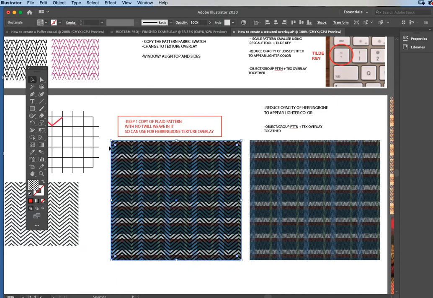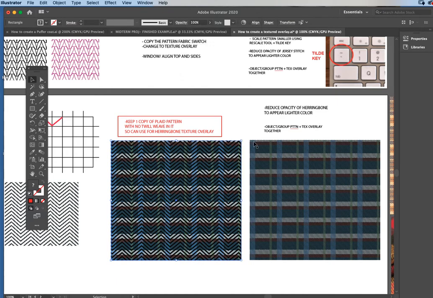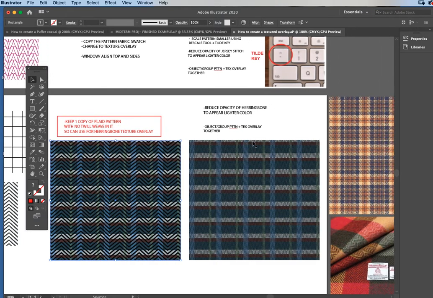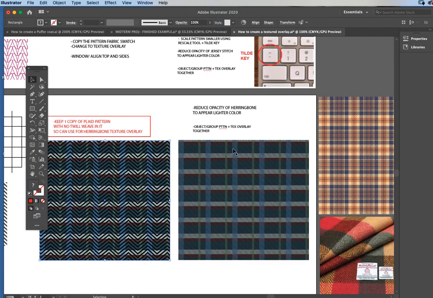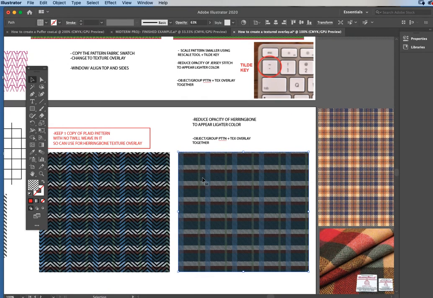Do your window align, align to the top, align to the sides, and then we're going to do the same thing. So we're going to do the tilde key again with the scale option to get a smaller scale. And here's